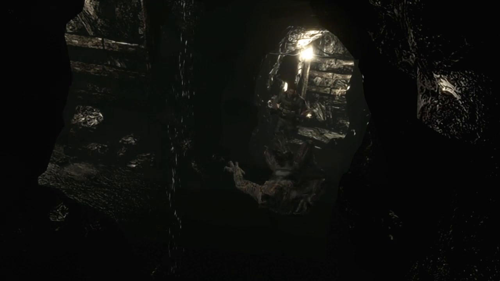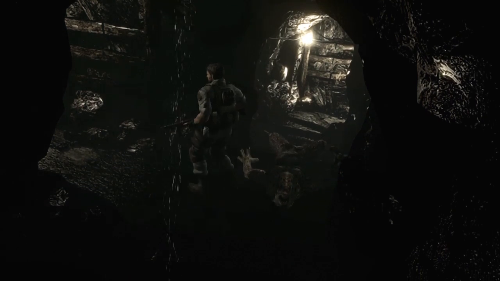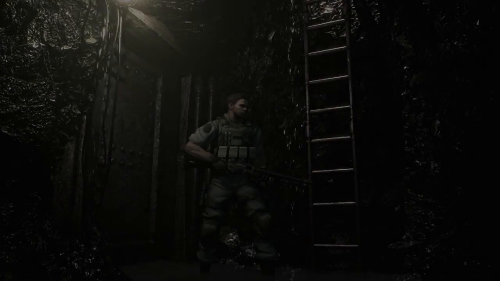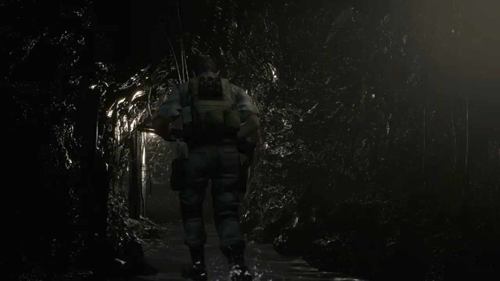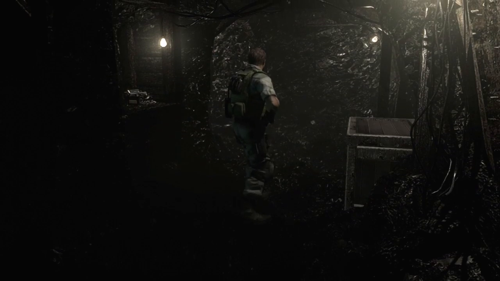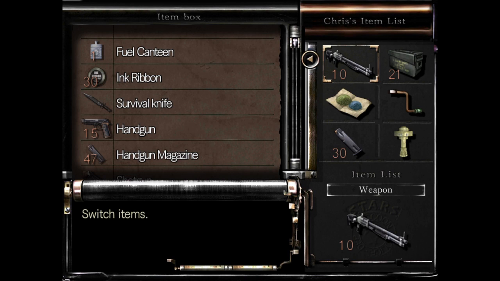The only ones that were in the grand hallway when the game first started was Wesker, Chris, and Jill. Nobody else was there with them. So did they get separated right from the beginning of the game, or were these people already in the mansion? Well, I was about to say, maybe